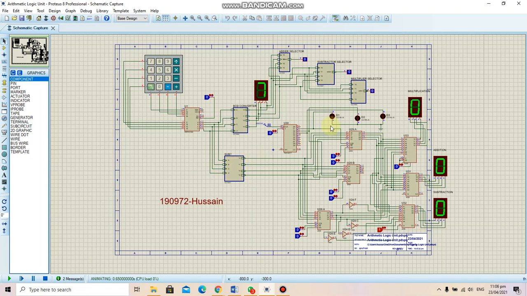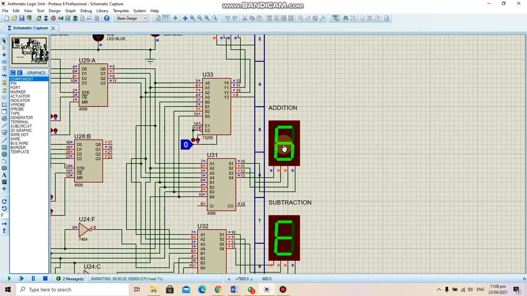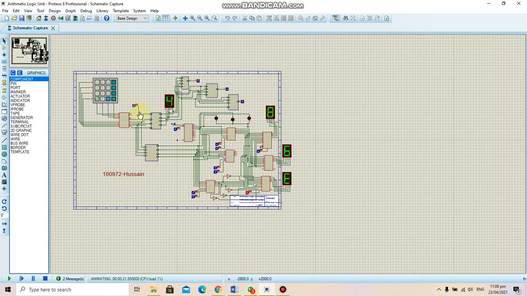So I have run this. Now when the first LED glows, I will give an input. First I have given input of 2, which will be stored in this latching IC. Now the second light is on, so let me do addition. I will press addition. We can see the addition selector is 1 and the addition sign is stored in this IC. Now third, 2 plus 4. So our 4 will be stored in this third latching IC, and the addition function will be performed here. As our addition selector was 1, we will look at the addition screen, and we can see that 6 is here. 2 plus 4, 6 is here.